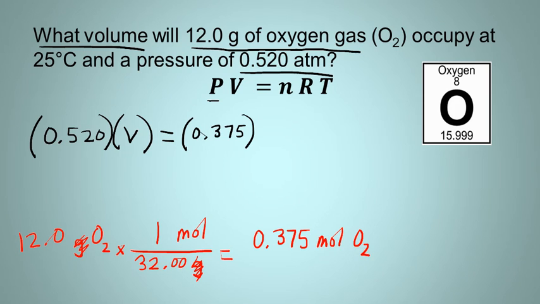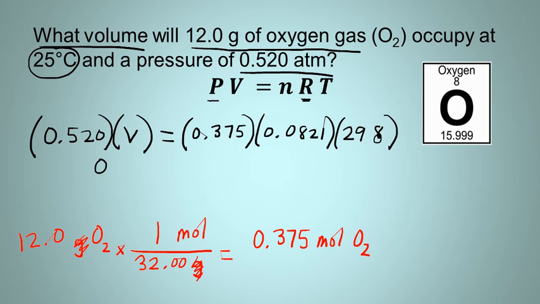That's our N. Now R is next, and R is the gas constant of 0.0821, and T is the temperature in kelvins. Well, once again, the temperature is 25 degrees Celsius. So in kelvins, that's going to be 298 kelvins. And so once again, we have a math problem to solve. And so we have 0.520 times V equals, and the product of those three numbers is